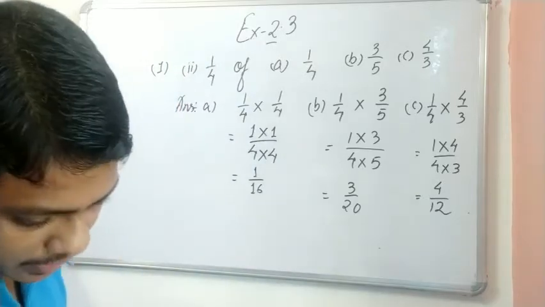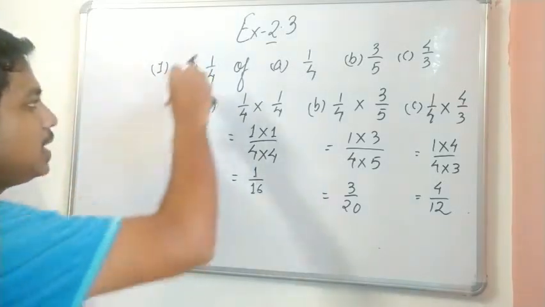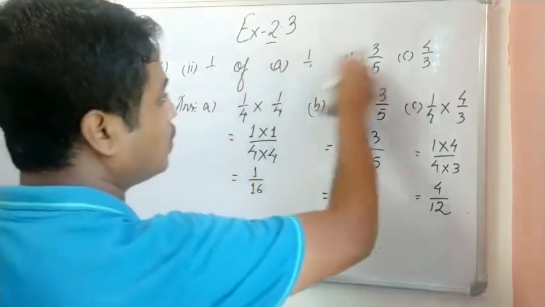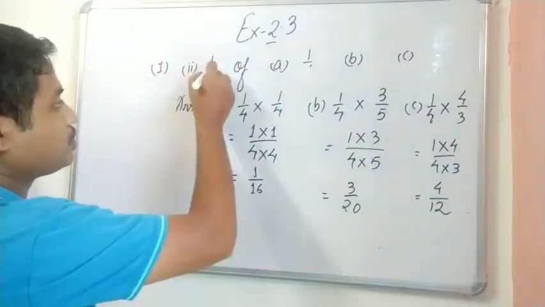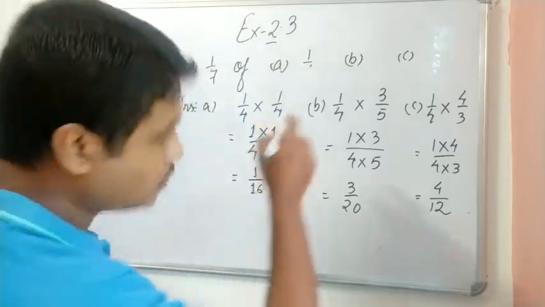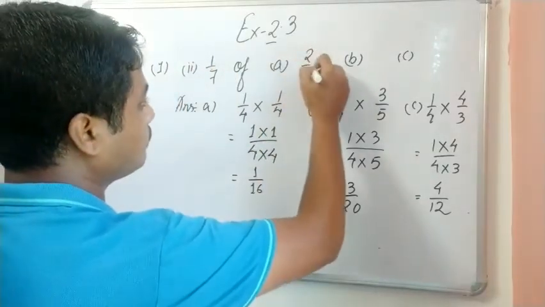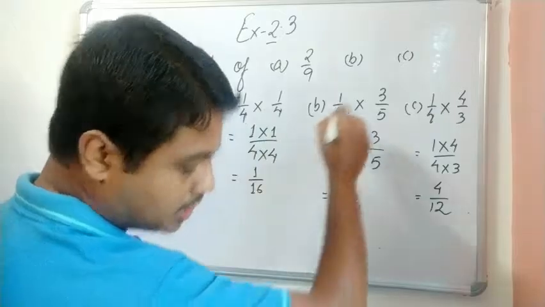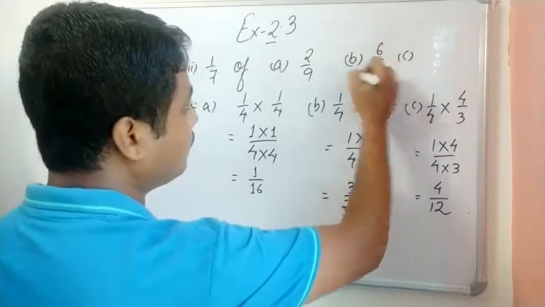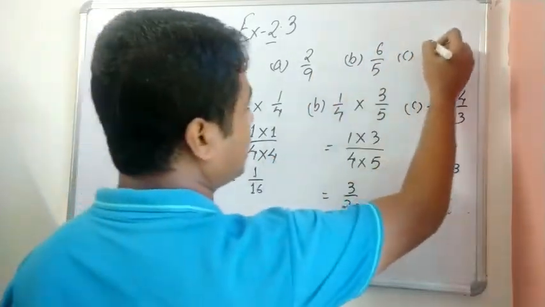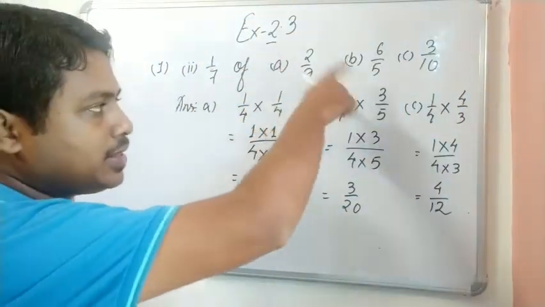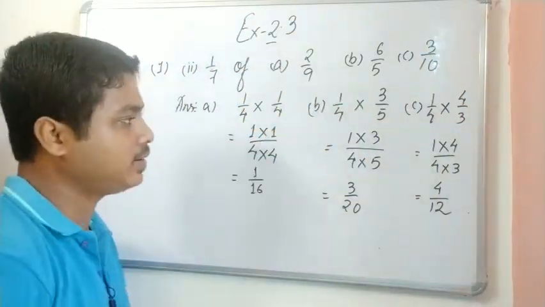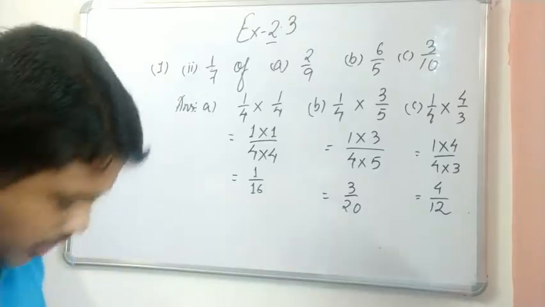Question number 2 is given, we have to multiply 1 by 7 of A, 2 by 9, then B is 6 by 5 and C is 3 by 10. We need to multiply 1 by 7 to 2 by 9, 6 by 5 and 3 by 10. So if I go on doing it,